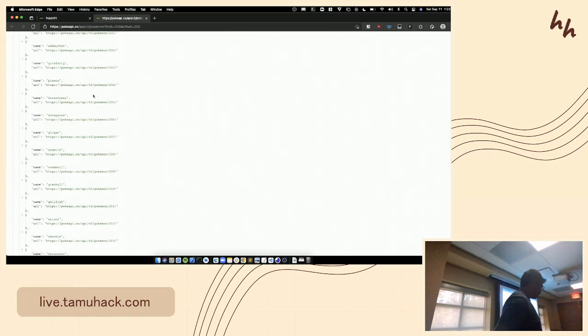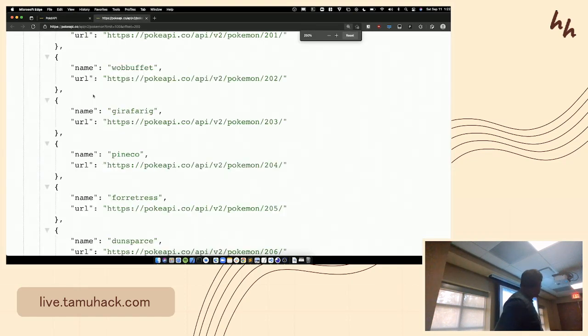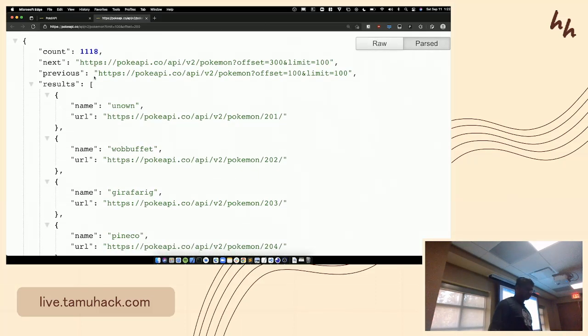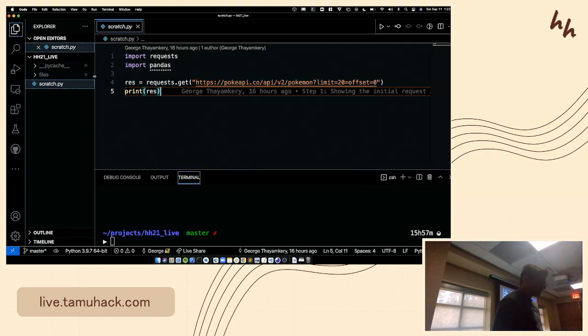Yeah. So, oh man, just a bunch of Pokemon. Look at that. So we're gonna use this as sort of an example. This, by the way, doesn't normally look like this in your browser. I have a Chrome extension that prettifies the response from the server. But anyway, I copied and pasted that URL, right? It's the PokéAPI